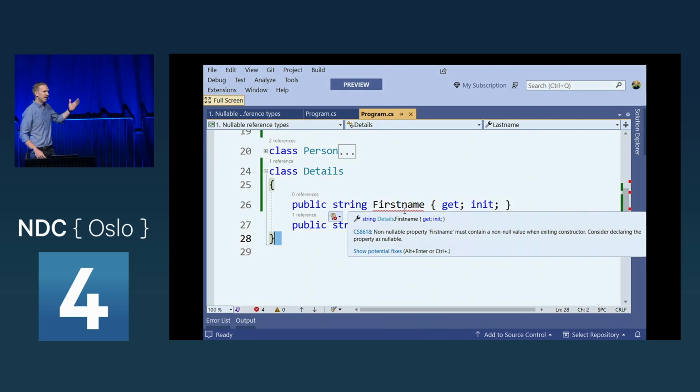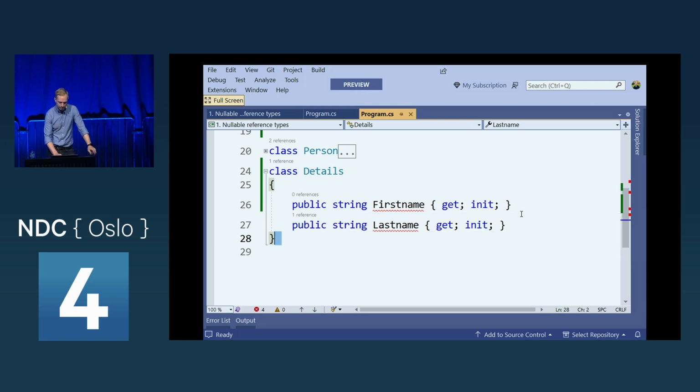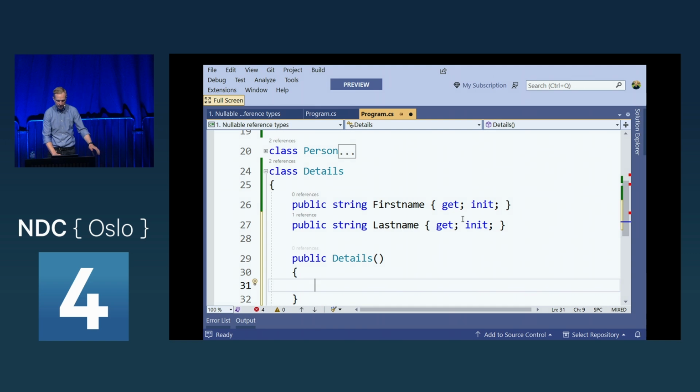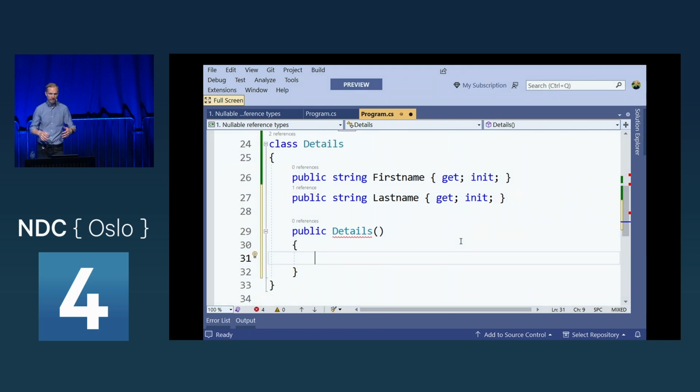Now, nullable reference types were introduced in C# 8. There's a lot of improvements to how we work with this coming in C# 11 as well. But let me get to that in just a moment. To get rid of these compiler errors, we have to guarantee that this is set to an instance. So I could, of course, introduce a constructor. And now if I do that, it's going to tell me that the constructor of a class should be in charge of instantiating these objects.